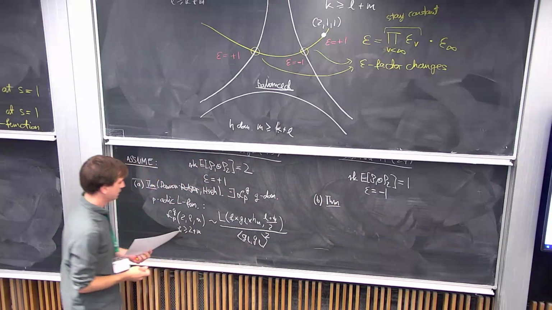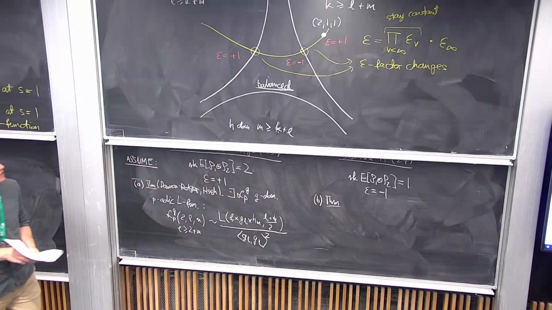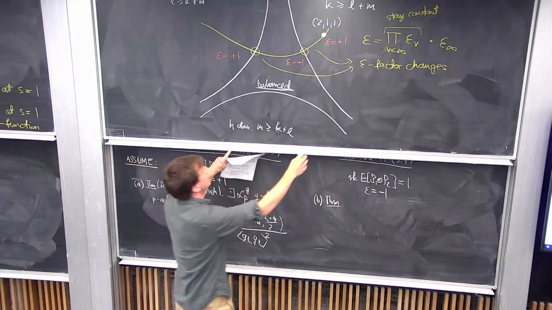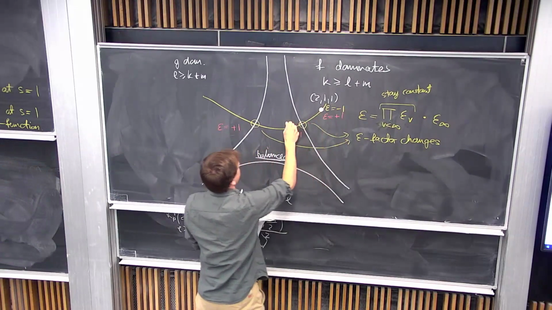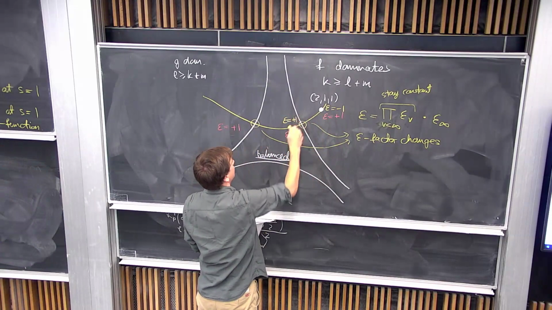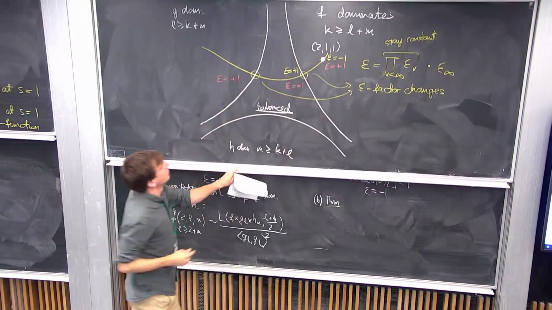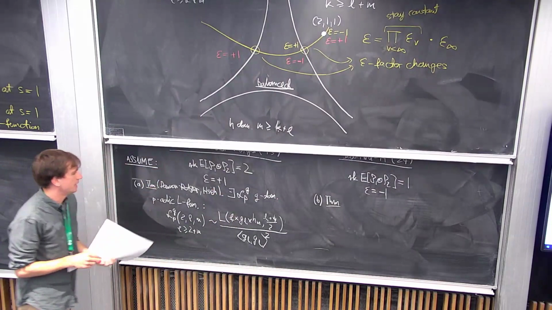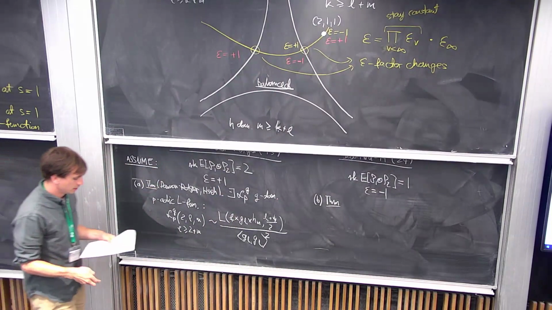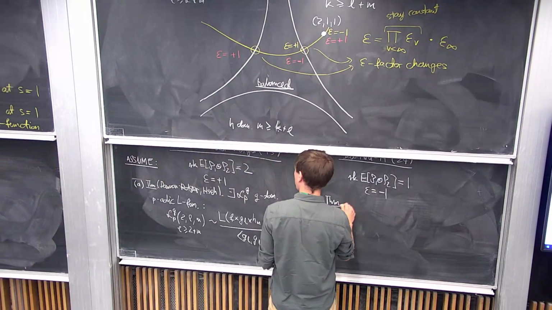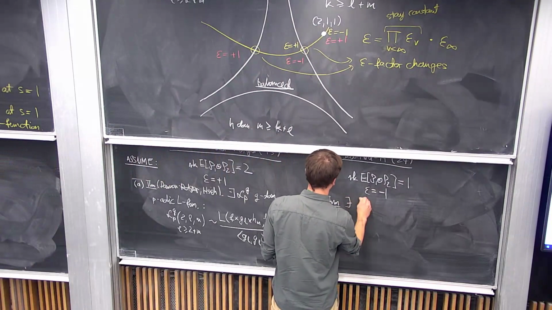Now I should say the difference is that we start with epsilon equals -1. So if you start with epsilon equals -1 and you go into this region, it becomes +1 already. So we don't want to go all the way to the dominance region. We want to stay in the balanced region, and then we have a chance for non-vanishing of these things. So our theorem is that there exists L_p^bal,